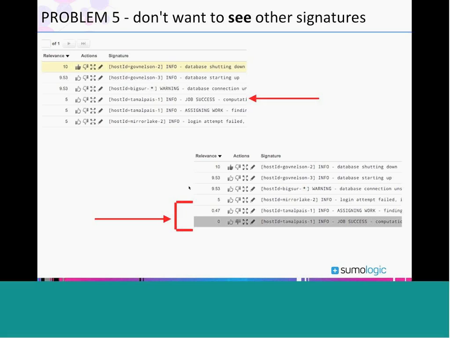And similar to the other example, we're going to take the user feedback we just got from you, and try to extrapolate and say, okay, well, maybe our related signatures are also going to have their relevance score lowered because they're so similar to the signature that you said you're not interested in at all. And again, that's that other one which you didn't explicitly give a thumbs down to, but its relevance score dropped as well.